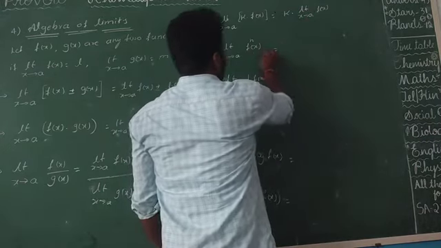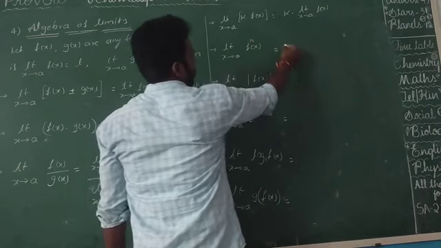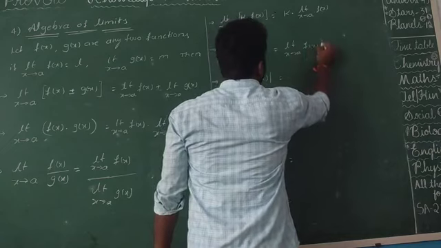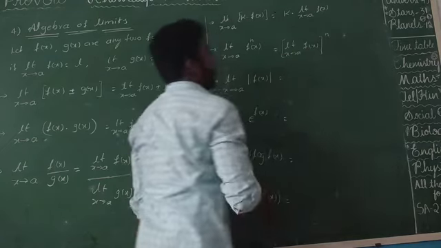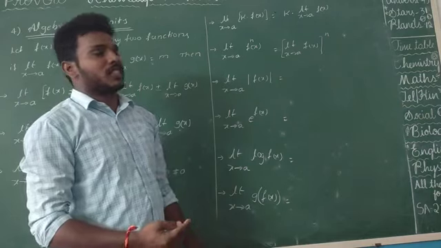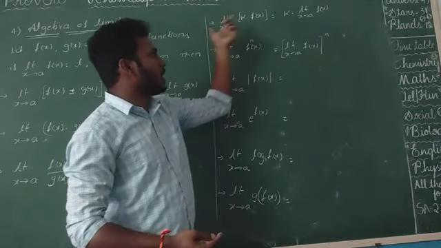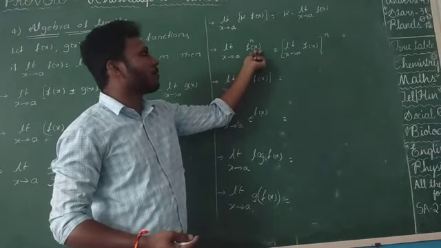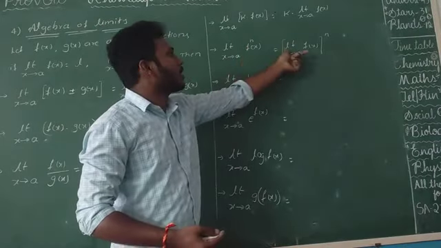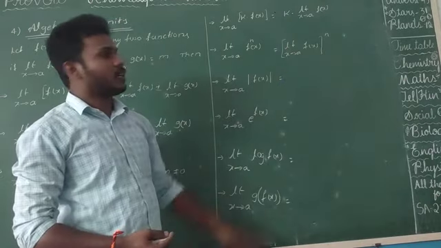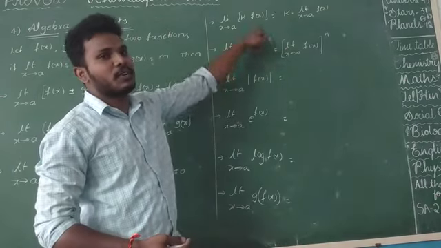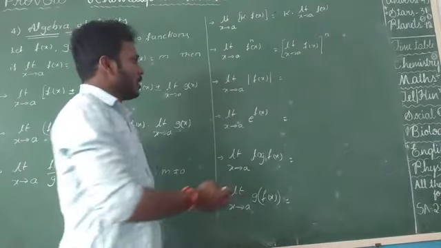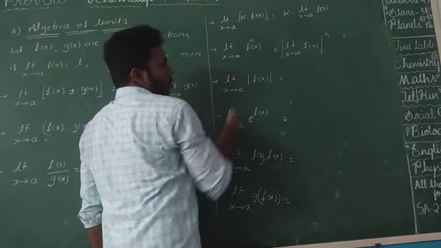Okay, right now here also f of x whole power n. You convert this into limit x tends to a, f of x whole power n. The power can be taken after the limit of the function. You apply the limit of the function first and then apply the power to the whole value. That is limit x tends to a, f of x whole power n. Here the function has a power, and when you apply the limit, afterwards you can give the power n. In the same manner, limit x tends to a, mod f of x.